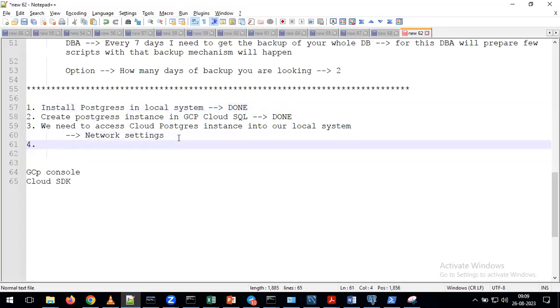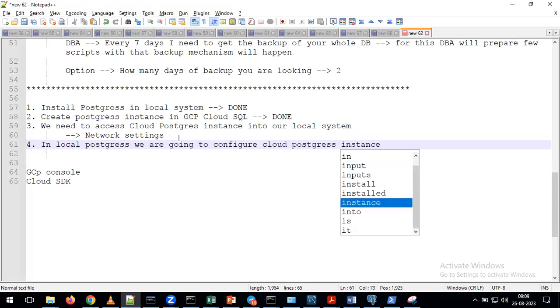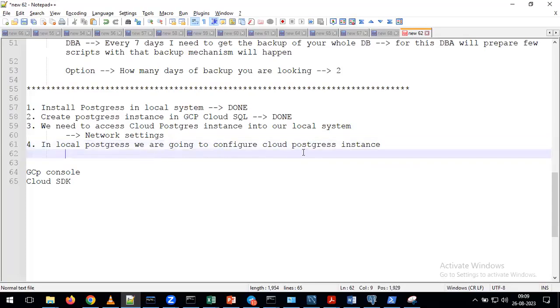After that, fourth step, in local Postgres, we are going to configure the Cloud Postgres instance. In the local Postgres that we installed, by using that, I am going to configure the Cloud Postgres instance, and after that, I will run my queries.